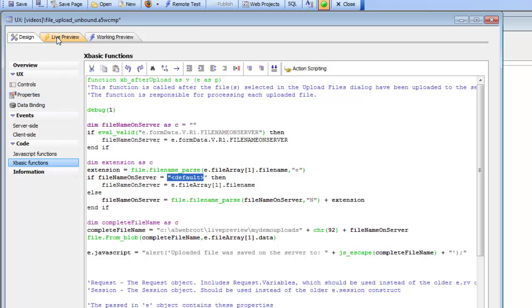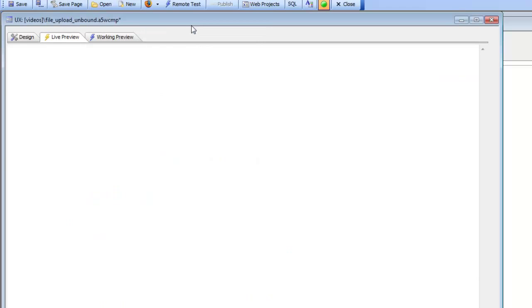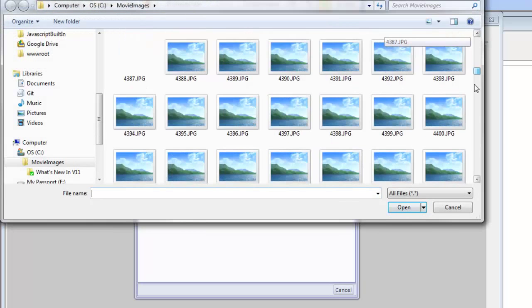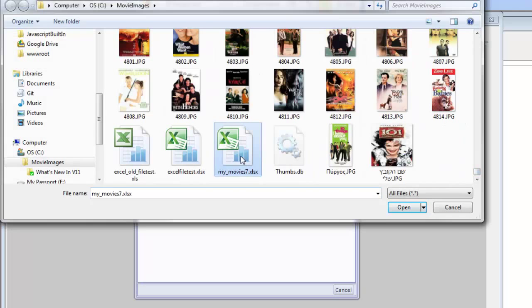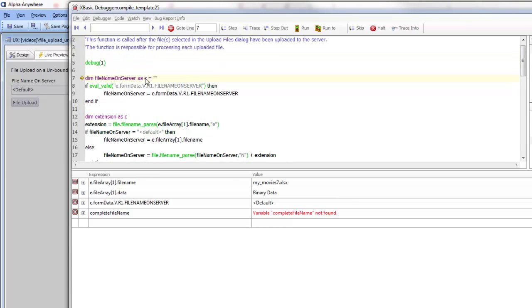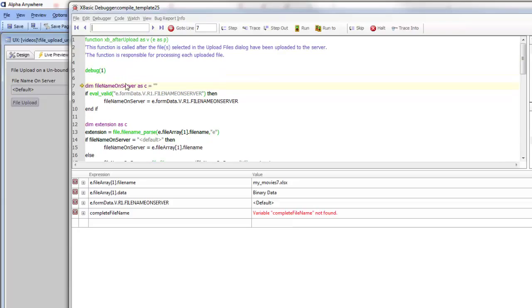So let's go now to live preview and select a file, and I'm going to choose, say, this Excel file here called My Movies 7. Click the open button there, and you can see now the file got uploaded, and now we're on the server side. We're in our Xbasic function that is handling the upload. So I'm going to pause now and pick this up in the next video where we'll walk through the Xbasic